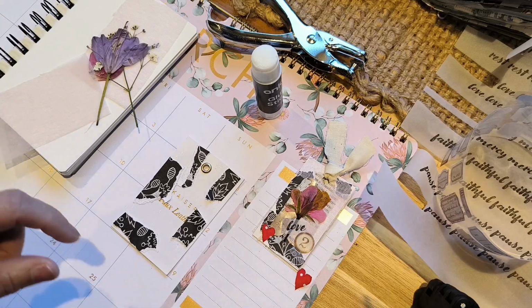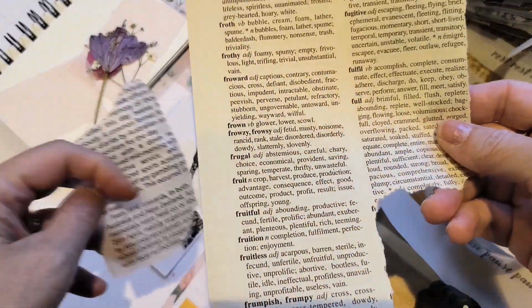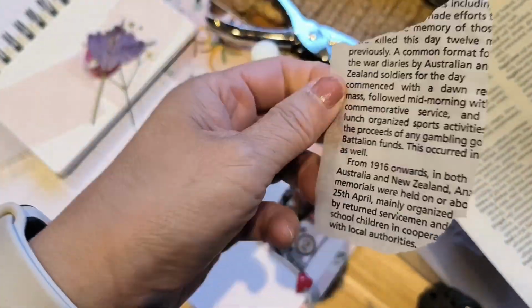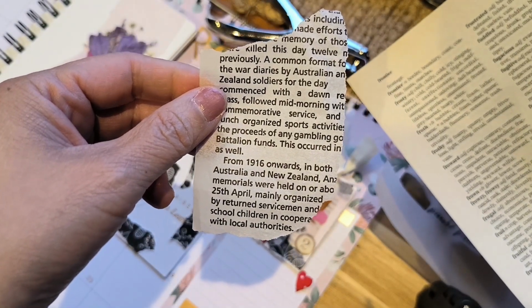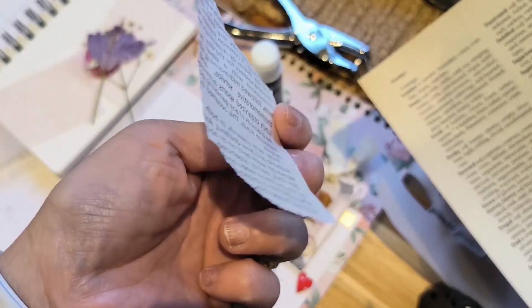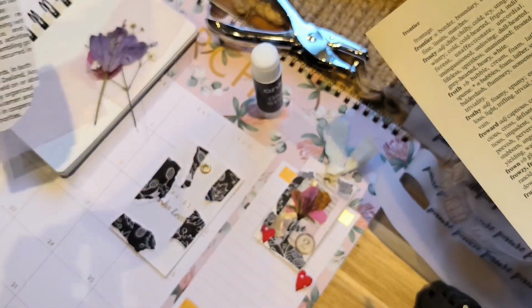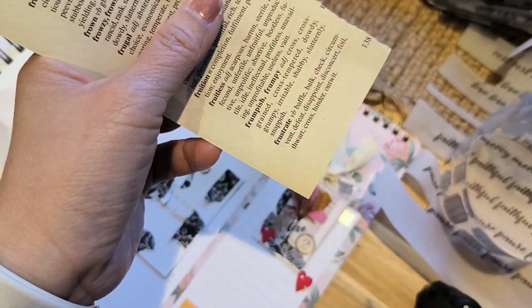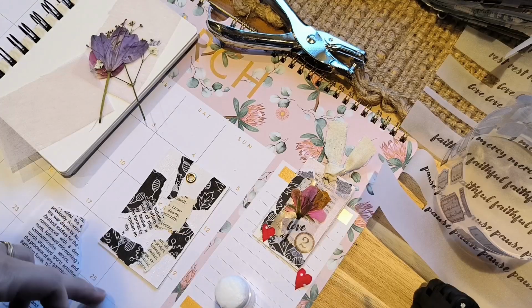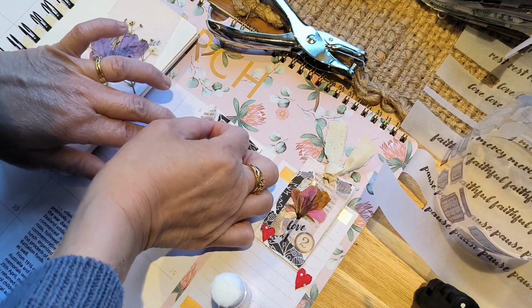So I'm just going to grab some book page scraps. So this is a book page scrap that I've used part of it, so I'm just going to use that. This is the other one. Now this came from a hamburger wrapper, believe it or not. Our hamburgers came wrapped in this beautiful translucent paper, and so I thought I needed to keep that, to recycle that. So we're going to try to put that on, and I'll show you what it looks like in a minute. So when you're adding on, so I've put more glue, and when you're adding your bits and pieces to make a collage,